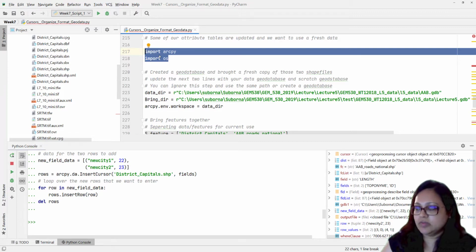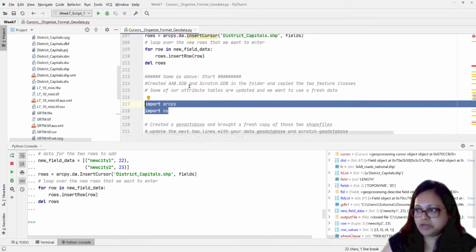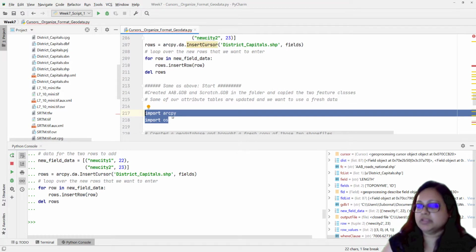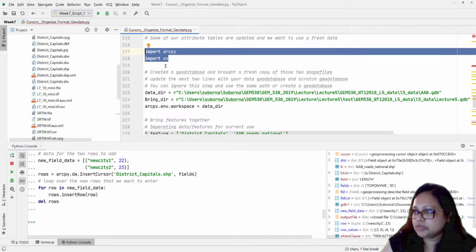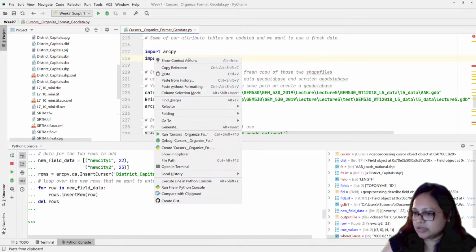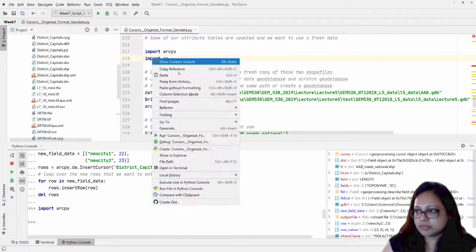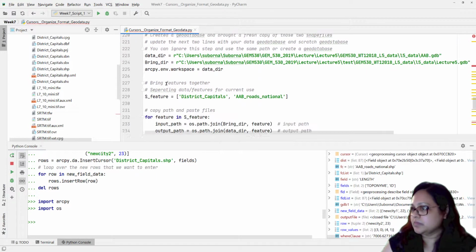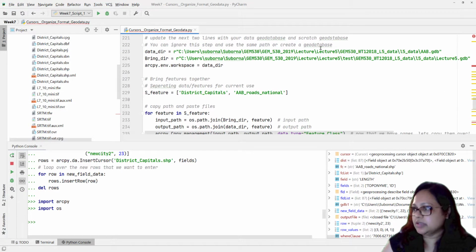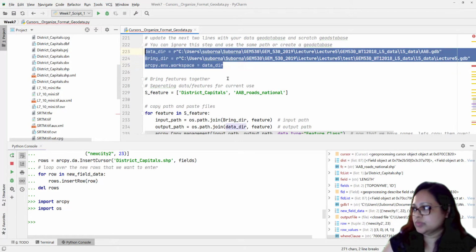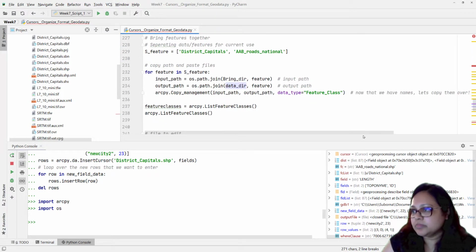If you see that the code you just ran was running perfectly, but at some point it's not running, that means it's lost connection. I did not lose any connection, just in case I'm going to run them again. Yeah. So you can investigate the other databases as well if you want to. Okay. So I already have my dataset, so I don't need to add the new dataset, but if you need to, then you can go back and then ignore the step and then use the same path or create a new database just in case. Then you can see that